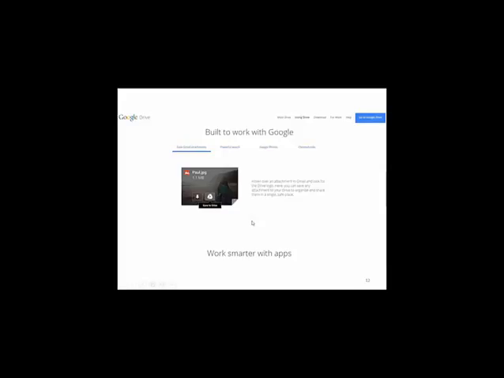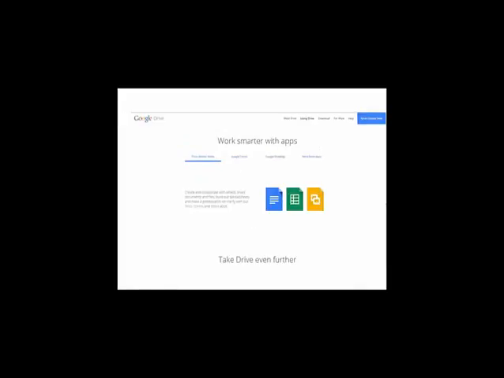and using mobile technology. Google Drive comes with free applications for word processing, spreadsheets, and slide presentations. Now these are not full function, the free software here is not full function like a Microsoft Office suite. But if you're not planning on publishing that book and you don't need to be doing indexing and a lot of formatting, this is perfectly adequate.